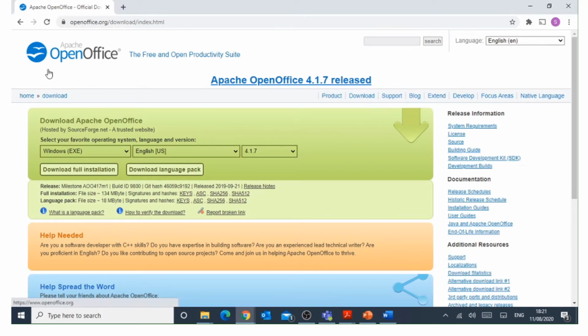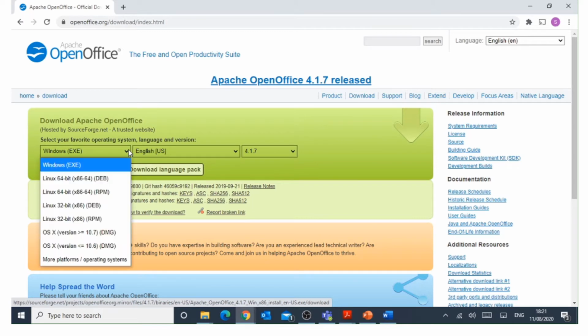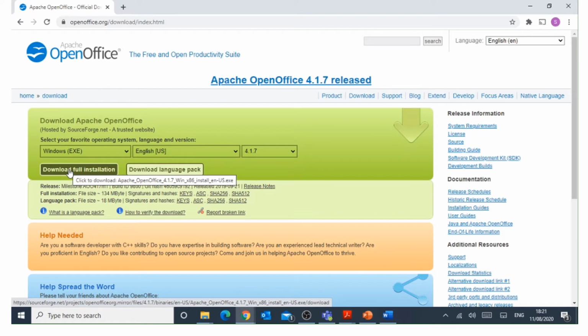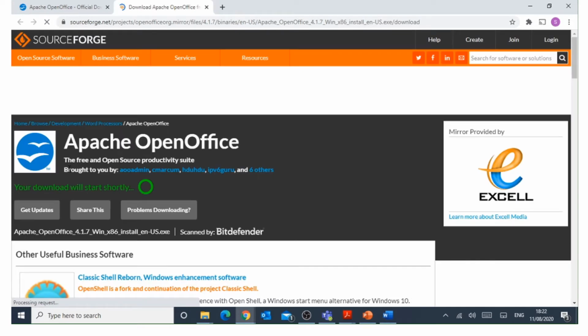Once you click on the download option, a window like this will open. For your Windows, whichever is your operating system, you have to select that. For all Windows, there is only one exe file, the language is English, and then you will click on download full installation. When I click on this, it will take me to another window and you will get a message, your download will start shortly.